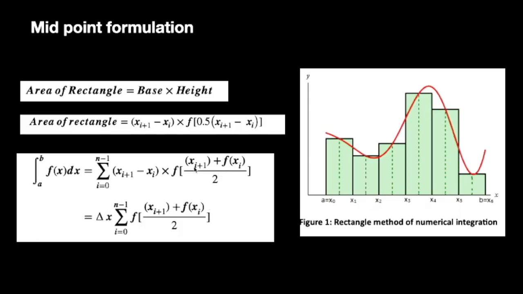So here, xi plus 1 plus xi upon 2, you find the function height. You find the height of the rectangle by this part. You find the width of the rectangle by this part. You multiply, and then you take a sum. Students, please make a note that the formula here is a plus, and here f should not be there. It is xi plus 1 plus xi divided by 2. Here also f should not be there.